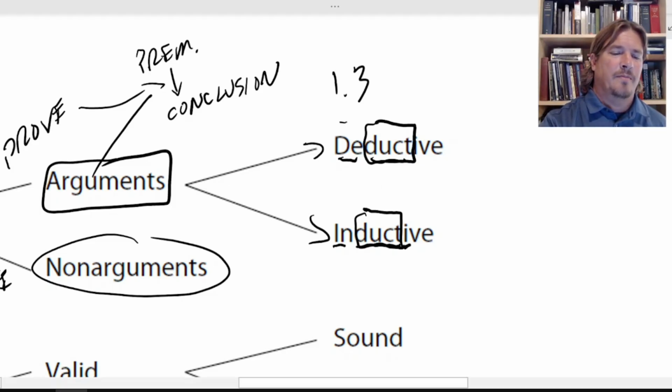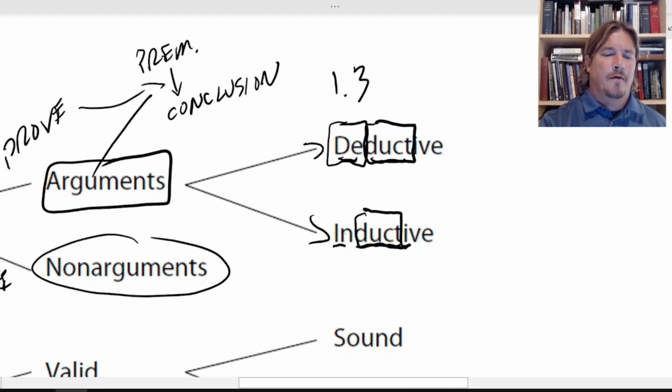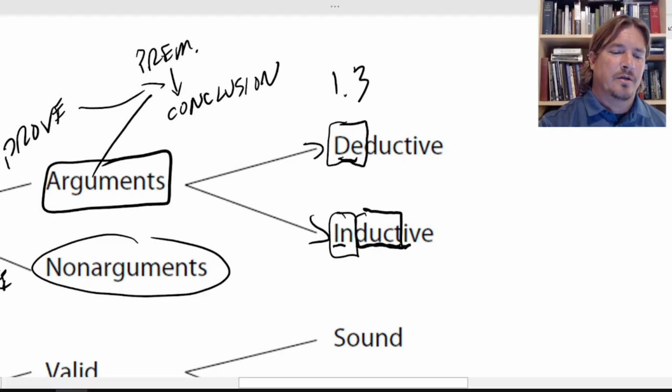So this first type of duct, a deduction, de, versus in, an induction. These prefixes here, de and in, will give you an indication of the difference between a deduction and an induction. A de, like in Spanish, soy de California, means from or out of. So a deduction